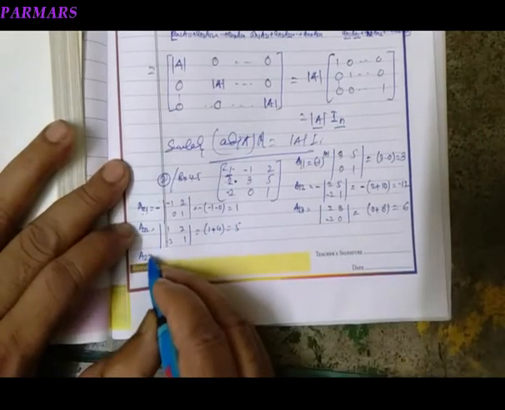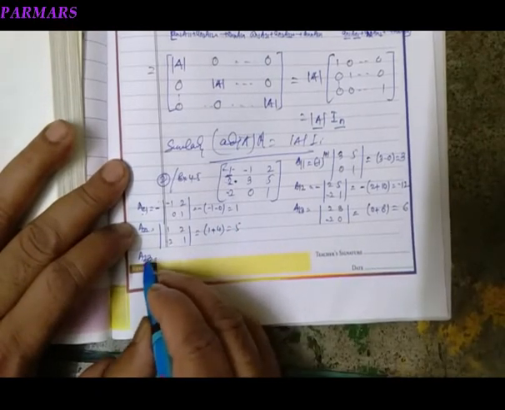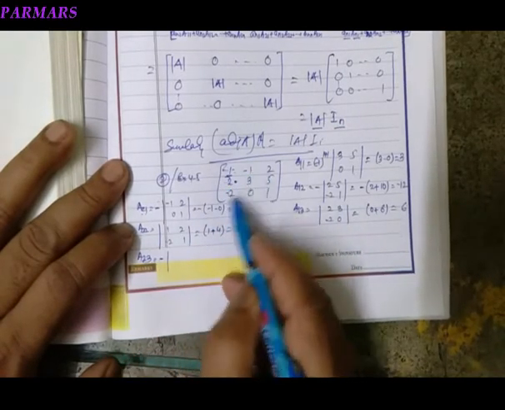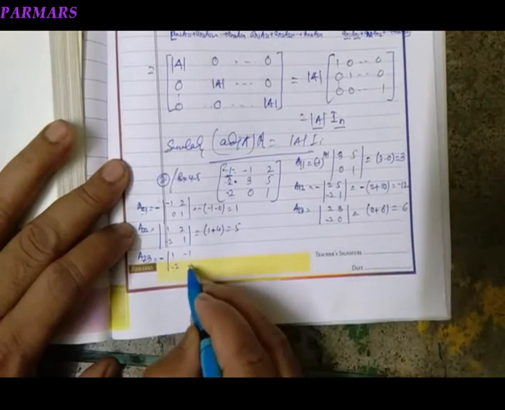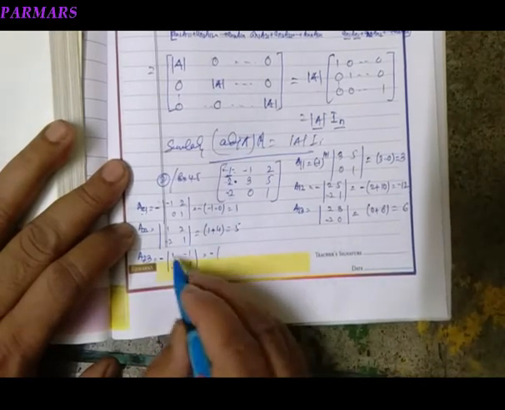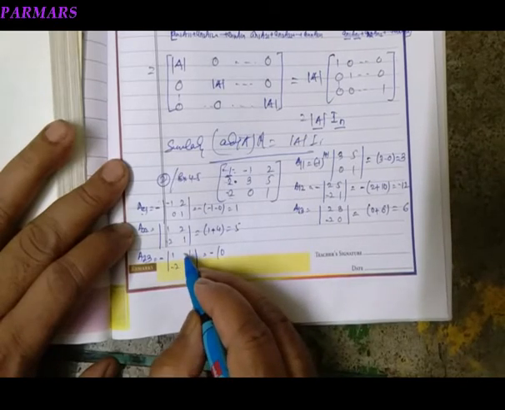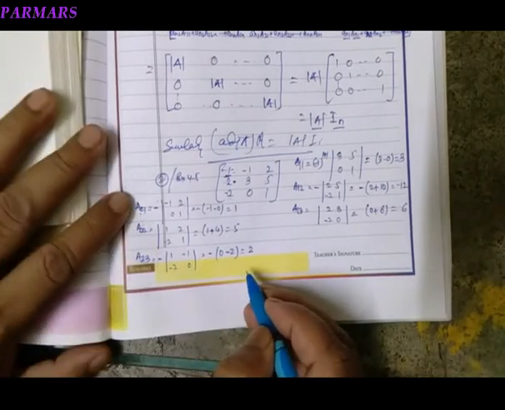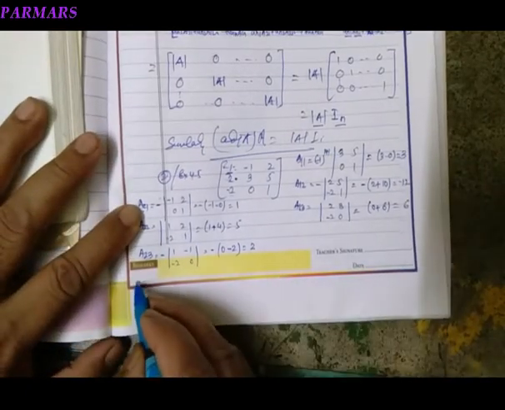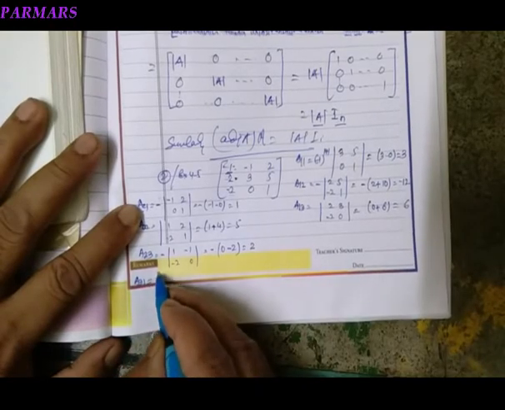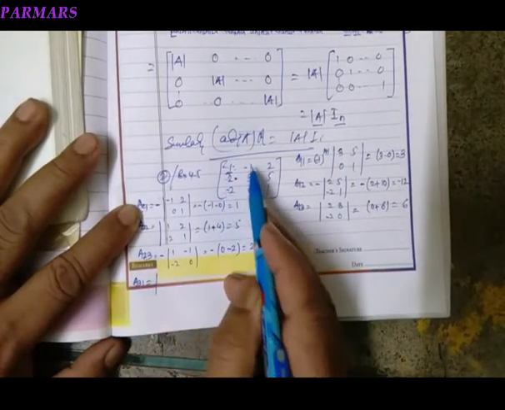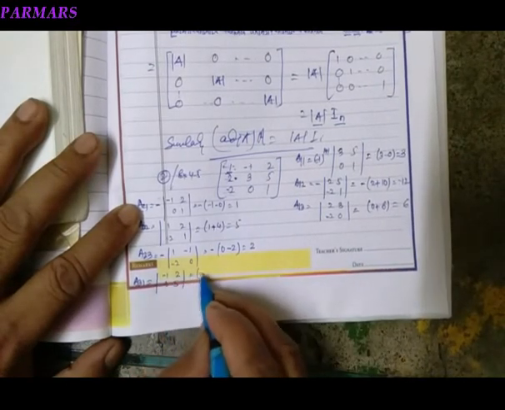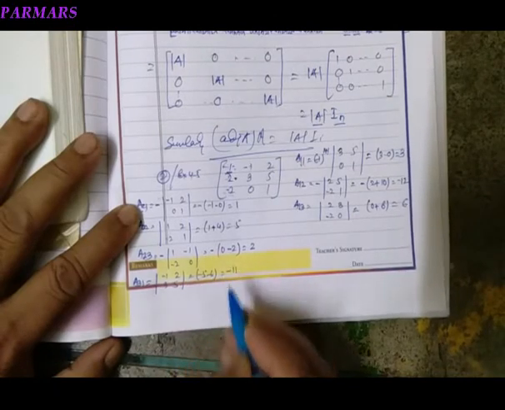What is A23? Again odd number, दोनों का सम ऑड हो जाएगा, सो माइनस लगा देंगे. सेकेंड रो और थर्ड कॉलम को हटा देंगे, 1 minus 1 minus 2 0. So this is minus 1 into 0 0, minus into minus plus, and then minus, so minus 2, that is plus 2. So हमने सेकेंड रो का भी कोफैक्टर निकाल लिया. अब आते हैं A31, पॉजिटिव है, पॉजिटिव ले लीजिए. थर्ड रो फर्स्ट कॉलम को हटाइए, माइनस 1 2 3 5. What you get, minus 5 minus 6, that is minus 11.